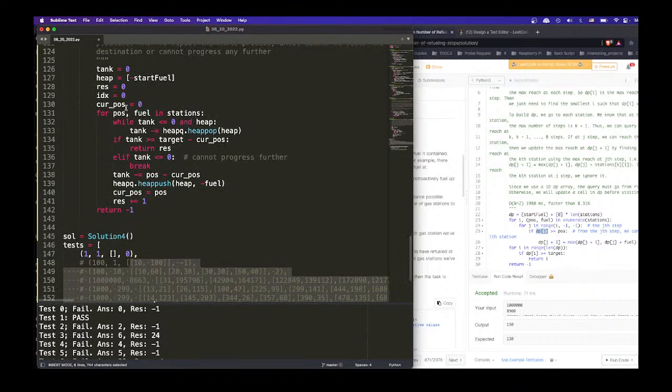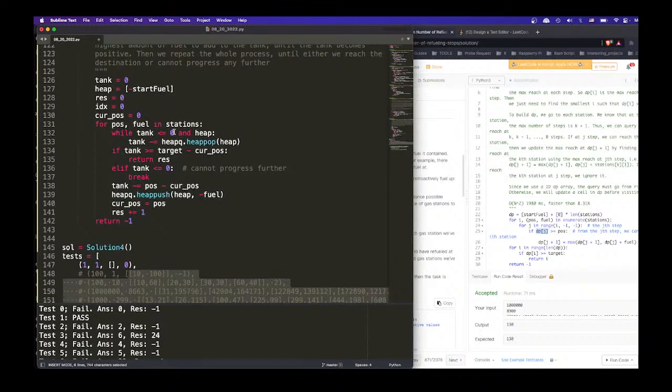So fuel, that's just 1 and 1. Tank is 1, yes. And then we're gonna have 1. Tank gonna be 1. And if 1, the result